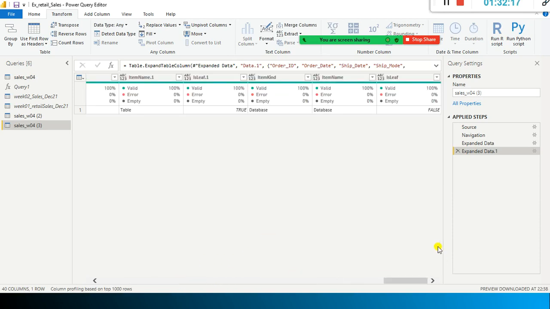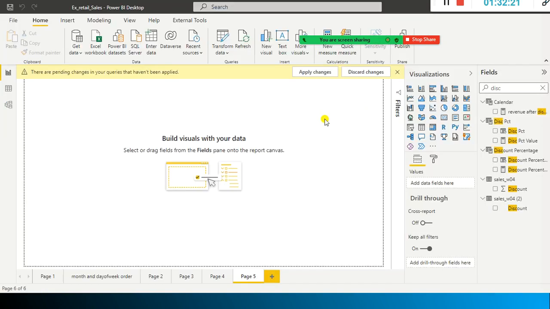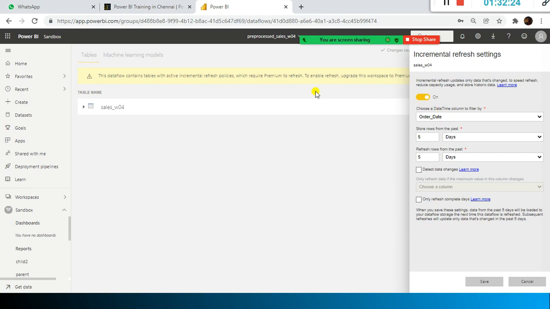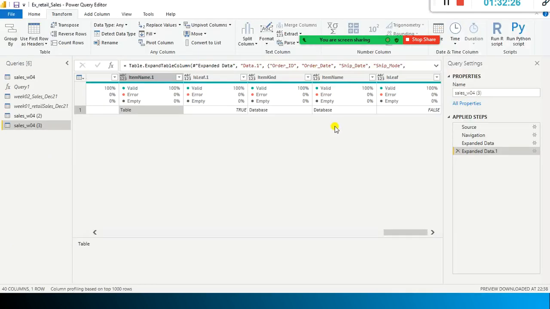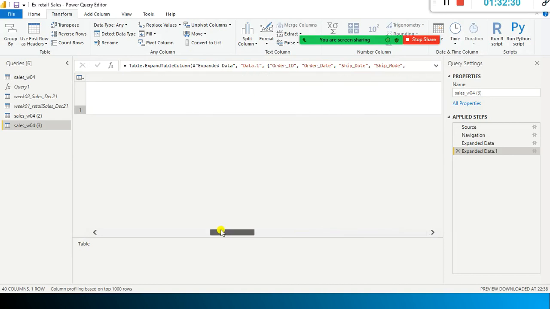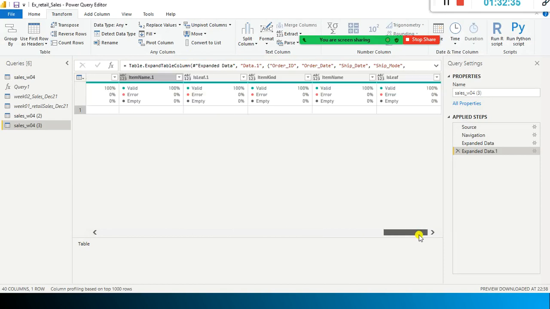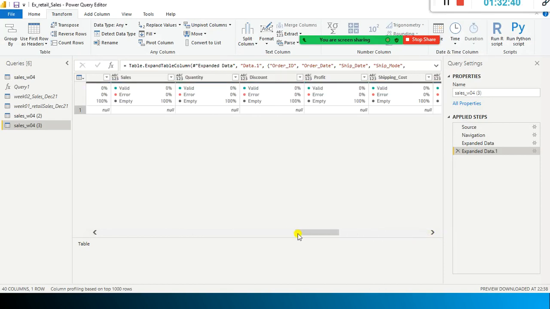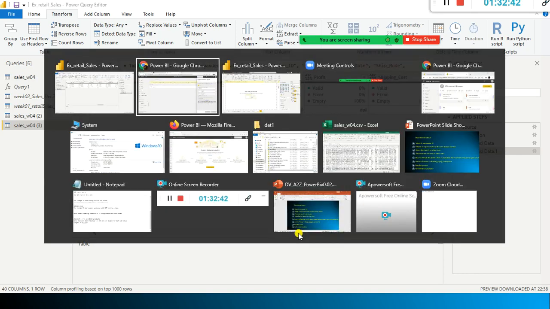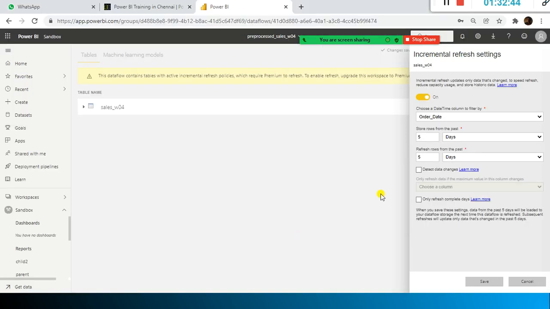Still I think that has not been enabled, right? So that's the reason why it is causing this problem. This one has to be stopped completely. Only then I think this one will work. First of all, that one was not scheduled, right? How come? But whatever it may be, we defined a policy. Because of the policy, till it refreshes the data, it'll take some time, it seems. This one is not getting stopped.